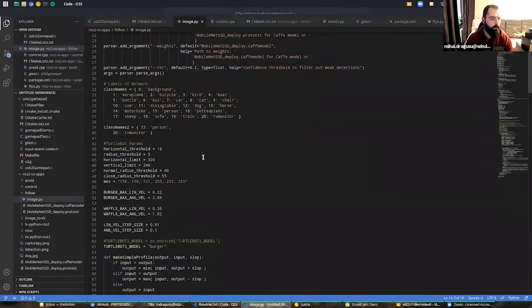So I wanted to make the robot basically follow me around. If the camera is pointed at me and I go to the left of the screen, I want the robot to turn left. If I go right, I want it to go right. And because I didn't want to detect various other things in the room, I made sure that it can only recognize 2 objects, person and TV monitor, so we don't get too much stuff flying around. And that's also because